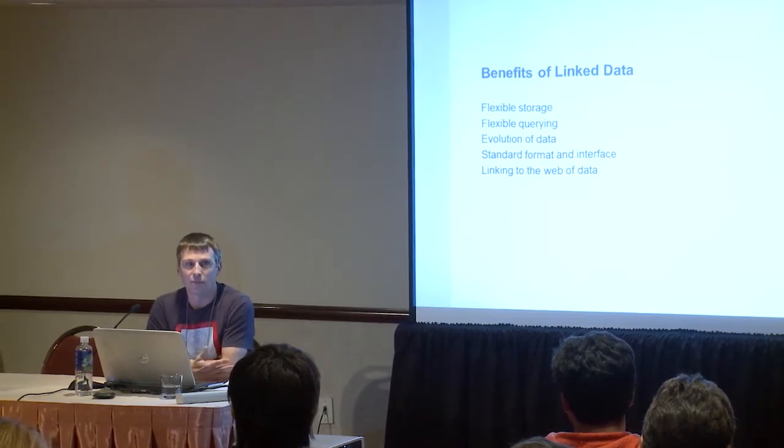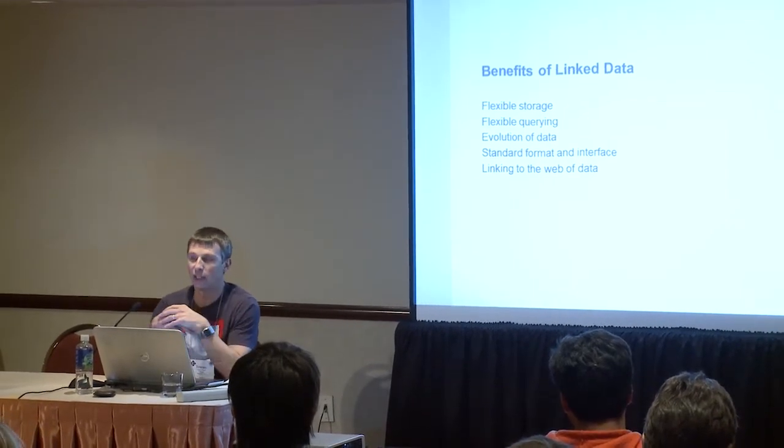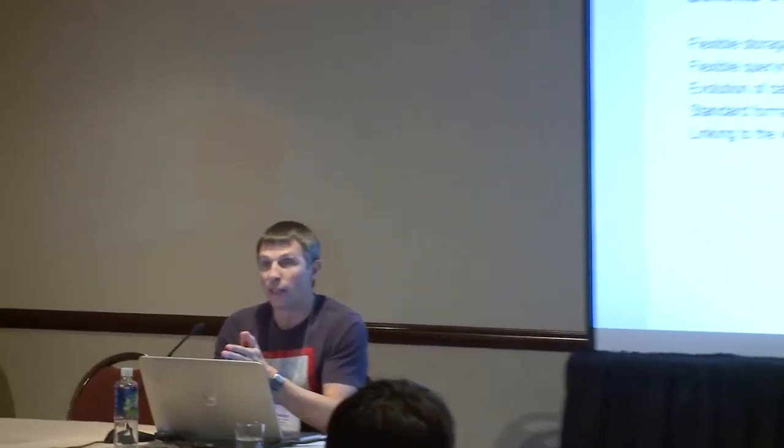Why is linked data interesting? Well, essentially, it gives you an extremely flexible way to store the information. So unlike relational data, where you have to know exactly what your tables look like in advance, and if you want to add a new thing, you've got to effectively alter the schema of the table, add a new column, and so forth. With linked data, the triples are the definition of that data. So you can just add those to the triple store, and your data model can grow. It can store ragged data. You don't have to know in advance exactly which of these, all of the rest of the graph